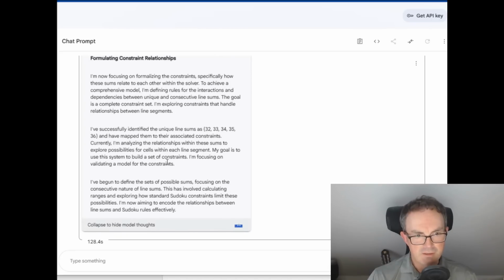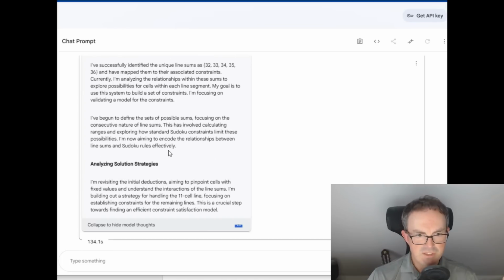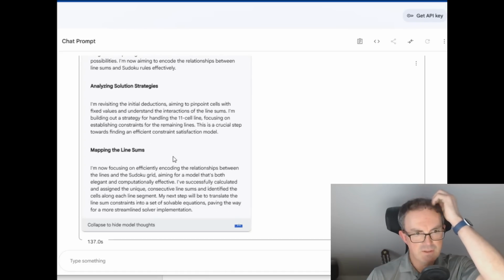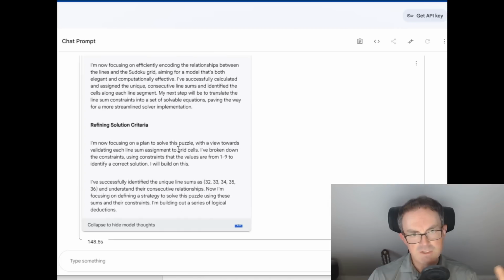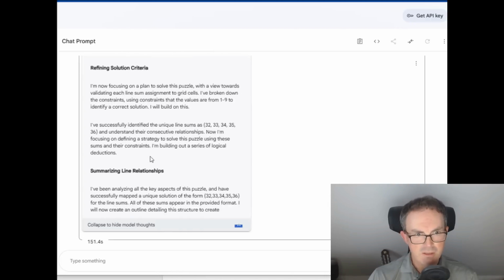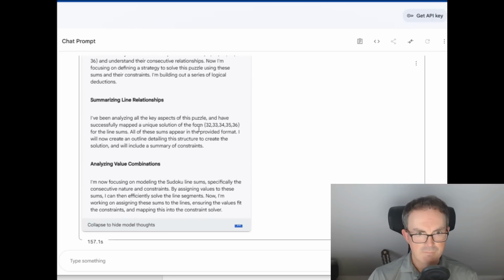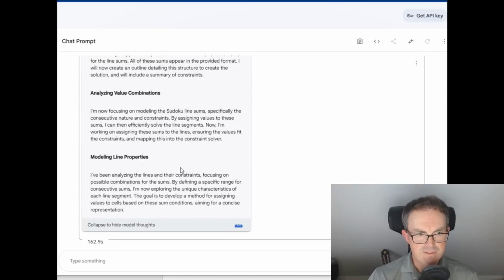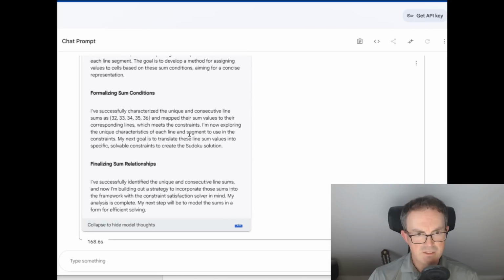Oh, it's still thinking. I've begun to define the sets of possible sums. I'm revisiting the initial deductions, aiming to pinpoint cells with fixed values. But presumably, if it's got those numbers identified, it must know, for example, which line is the 35 line, because that's the only line divisible by 5. I'm now focusing on modelling the Sudoku sum lines. I've successfully characterised the unique...